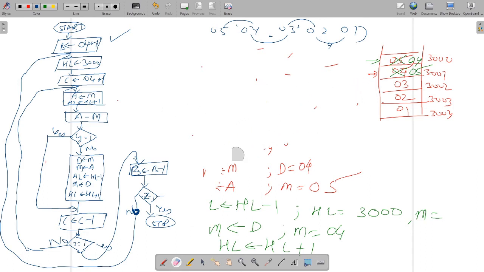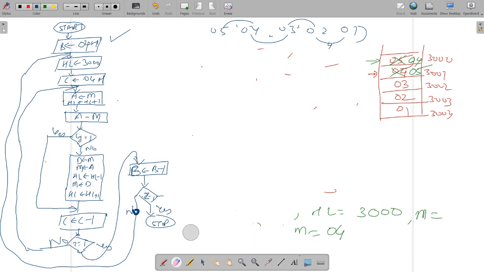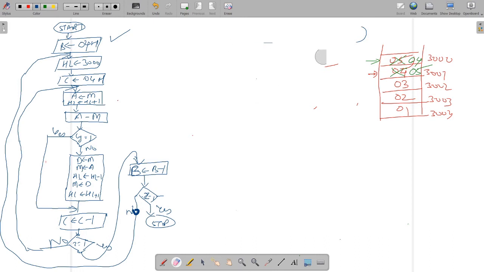So now we are going to write these instructions in assembly level language programming because we are done with our flowchart. The main thing which you have to remember is to develop the logic. If you are able to develop the logic, then you can easily draw the flowchart. And if the flowchart is drawn properly, then you can write the set of instructions in a more lucid way.